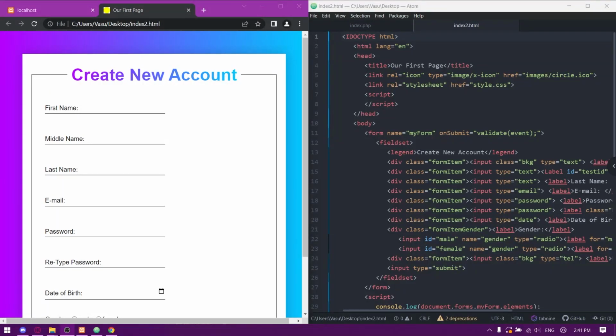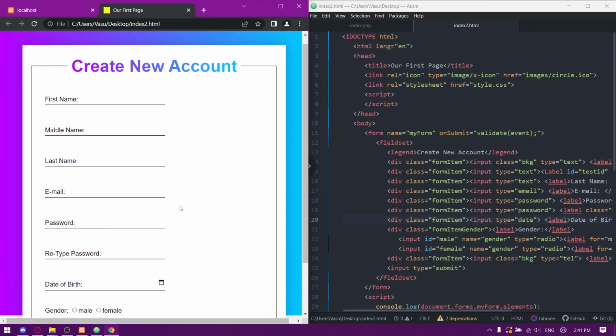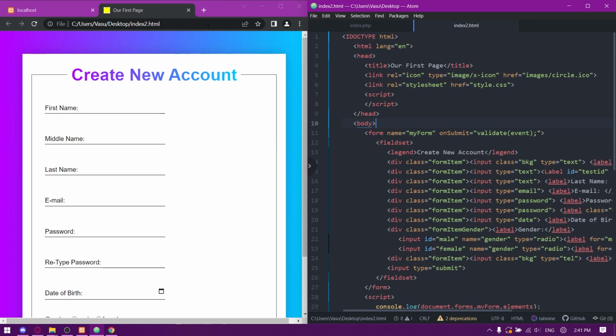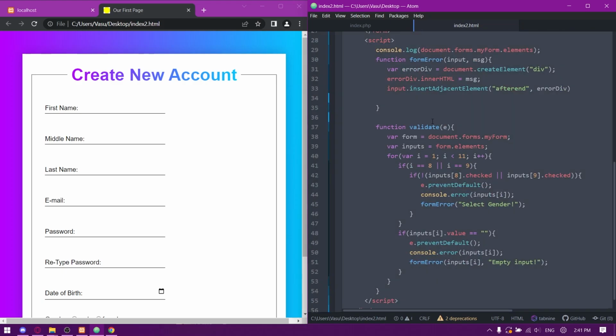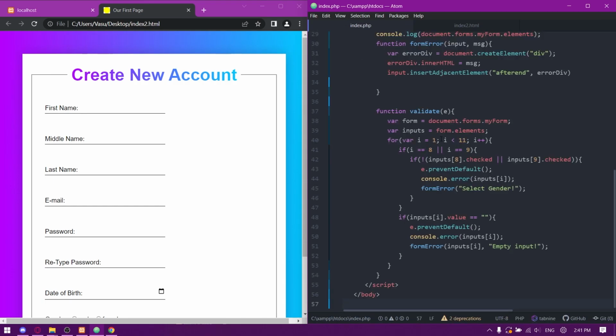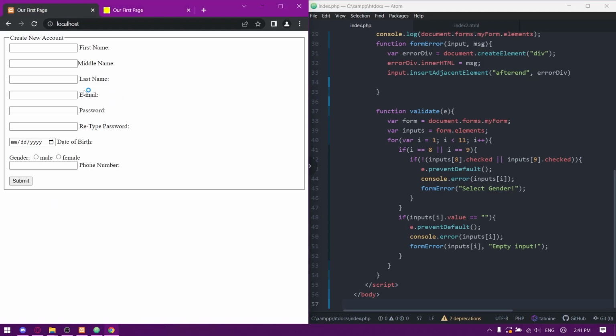Now that we've covered the basics of PHP, I can show you how you can integrate it into what we've learned before with HTML, CSS, and JavaScript. So for that, we're taking this form that we've created in our previous project, and we'll be enabling PHP into it. To do that, first we're going to take the HTML code, cut or copy it, and put it into the PHP index.php right here. And now if we refresh the localhost,